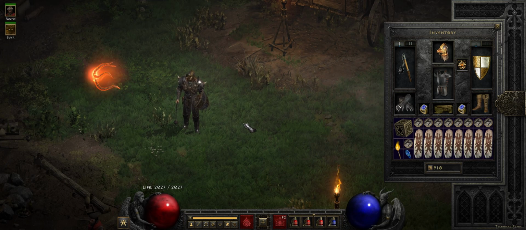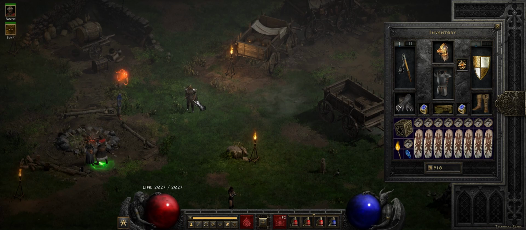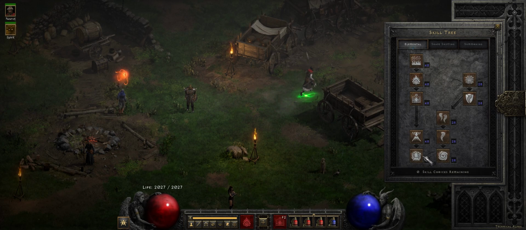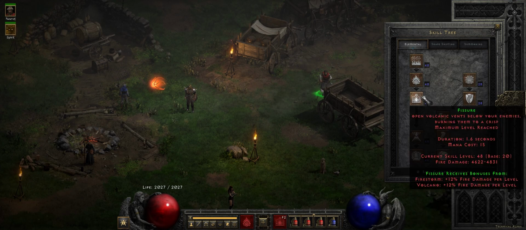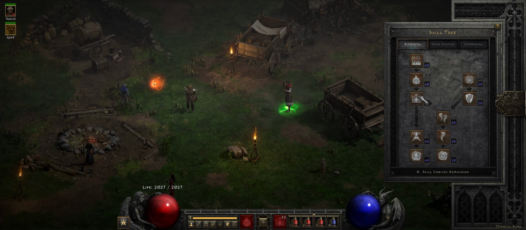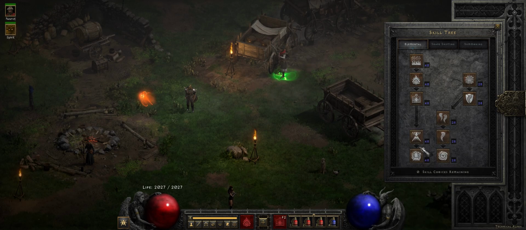There's also some interesting things. I really didn't have a lot of knowledge on this build. I always assumed it wasn't good. But all of the skills here share the same cooldown, meaning when you do Armageddon, everything goes on cooldown. I think it's 6 seconds. So you have to do these skills in a certain order. Armageddon lasts 50 seconds. So you basically are going to be casting Armageddon, and then